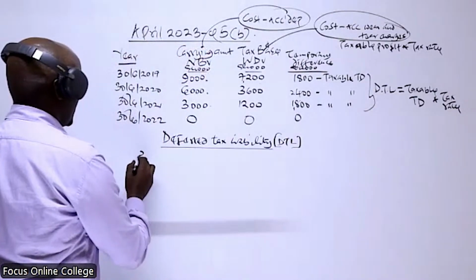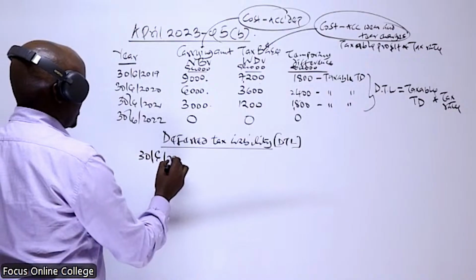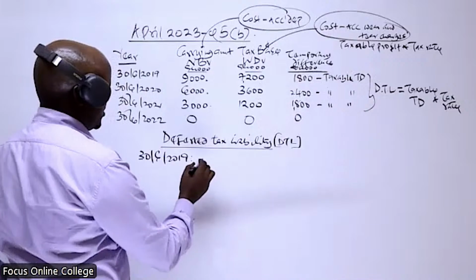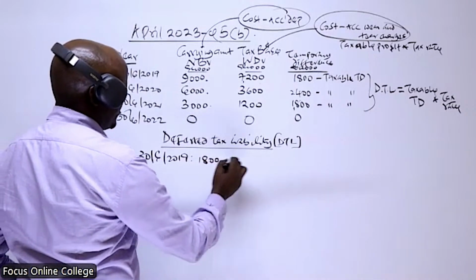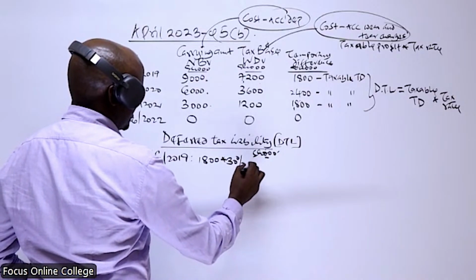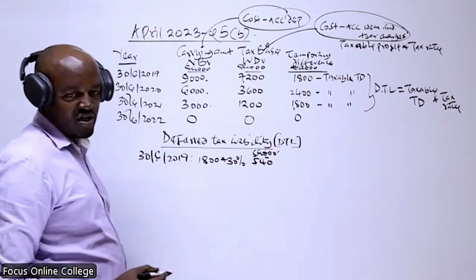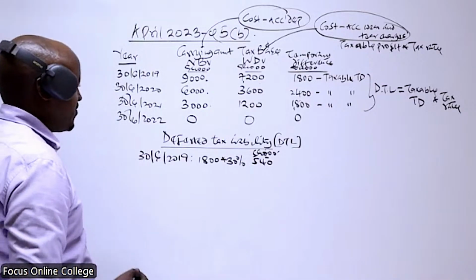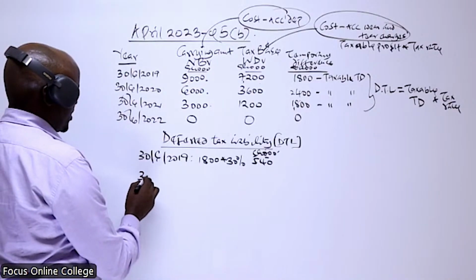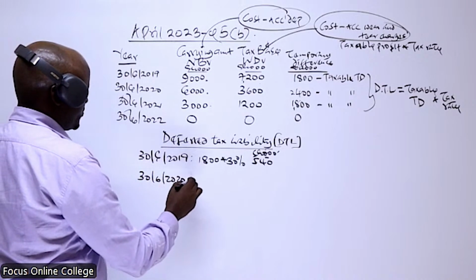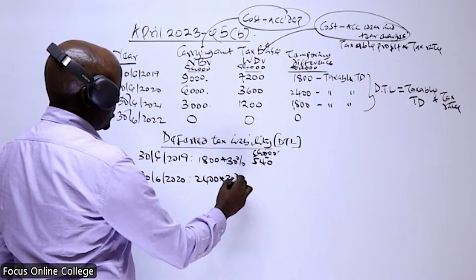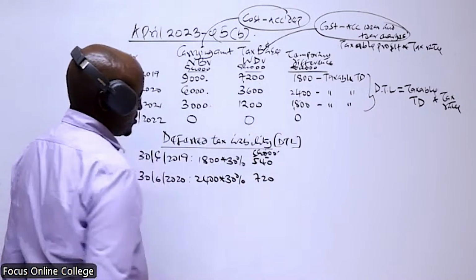For the first year, the year which ended 30th of June 2019, the deferred tax liability will be equal to the taxable temporary difference, this one. And remember, our figures are in thousands of shillings. We multiply that with the tax rate, and that will give us 540. Is that correct? 540? 30% of this? Yes. So in year 2, 30th of June 2020, we take the taxable temporary difference times the tax rate, which will give us